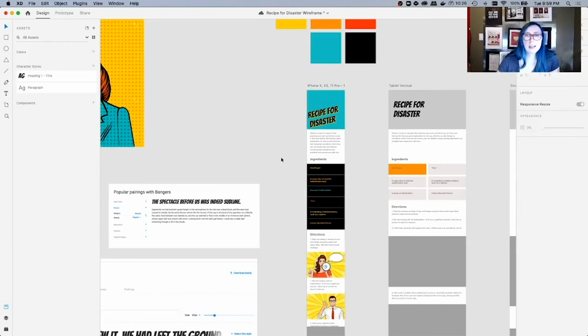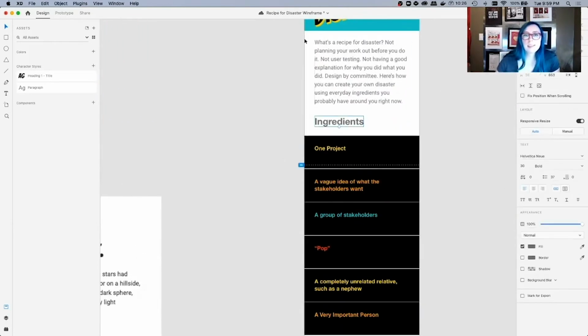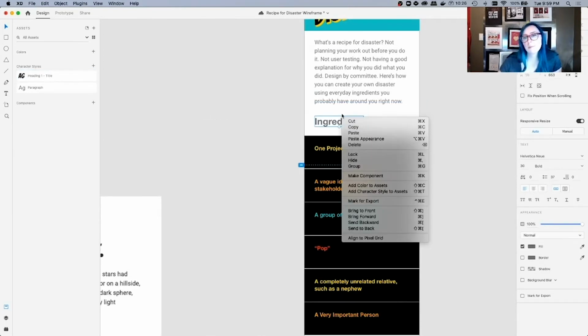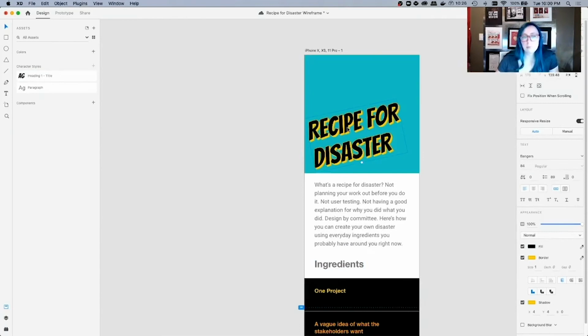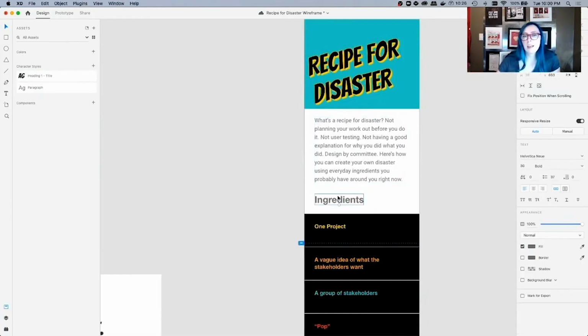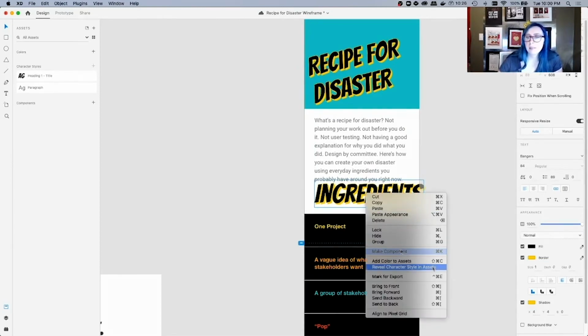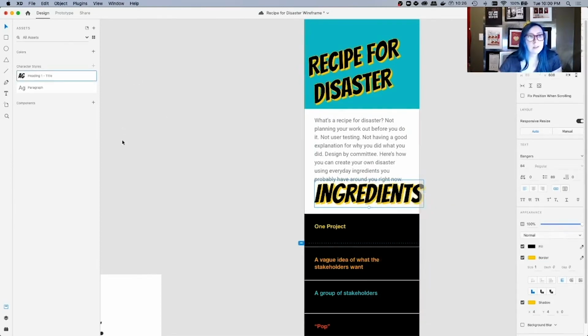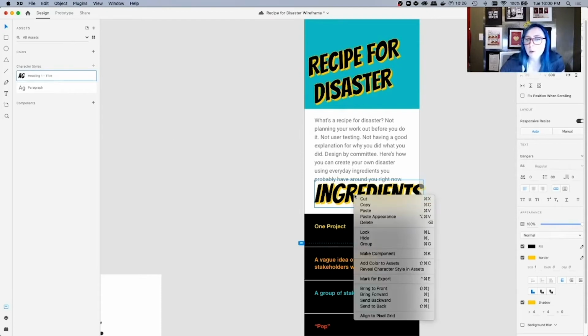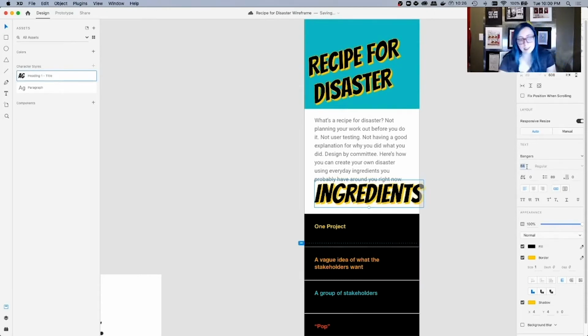Okay, heading back over to these. This is an H2, right? So let's make an H2 next. Let's do it a different way. Let's copy this, and then let's try pasting appearance. Check that out. We got all the fill and the border with this. Now let's see if we can add, reveal character style and assets. So this is using H1 title. I wonder if we can make a new character style. We could say this is going to be different because we're going to put it at 40. And now we have that ungrayed again. 40 actually doesn't feel bad.